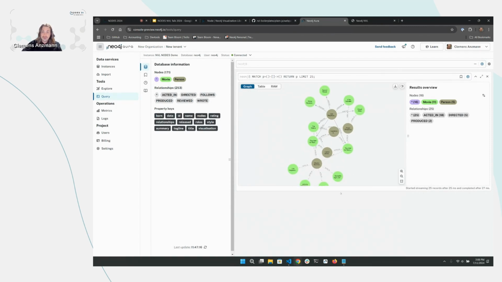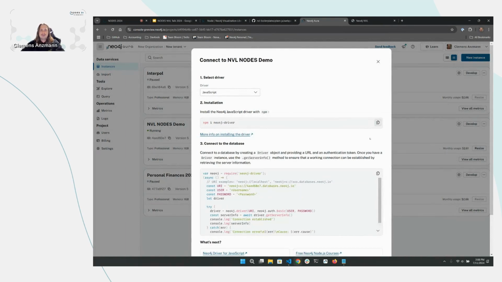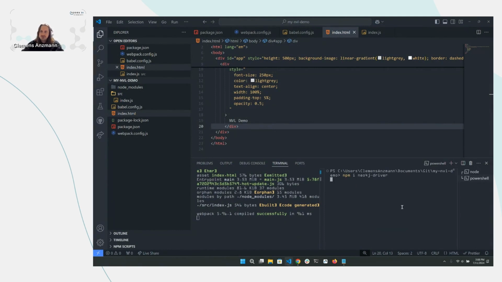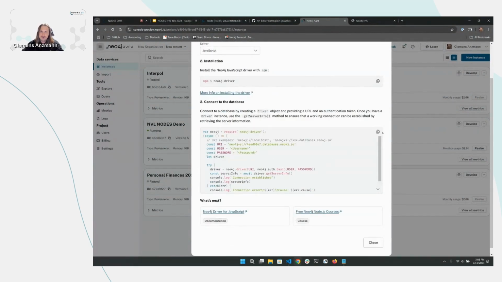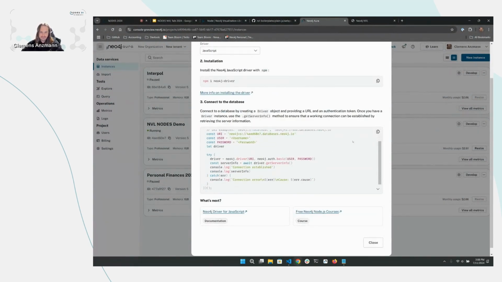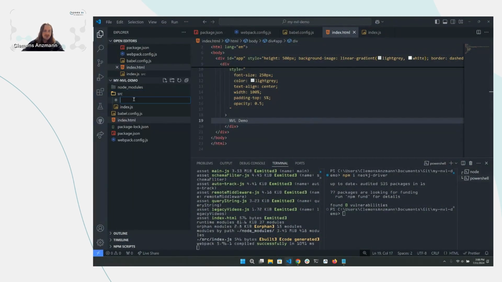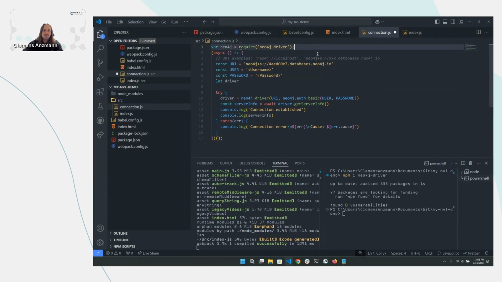So now if I want to have this graph in my NVL application, let's go here. There's this beautiful little develop button on my instance. Let's get the JavaScript driver. There's probably a lot of content out there already on how to connect with the JavaScript driver to Aura, but I want to show it in combination with the boilerplate project regardless. So let's just copy paste this piece of code here, and create a new file in my project, just to keep it nice and tidy, called connection, and I'll paste that whole content right in here,